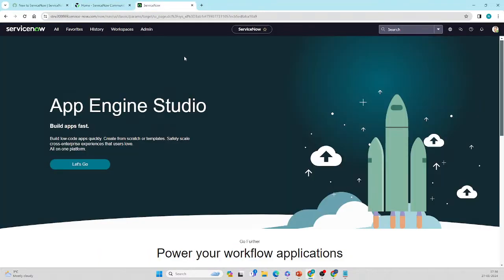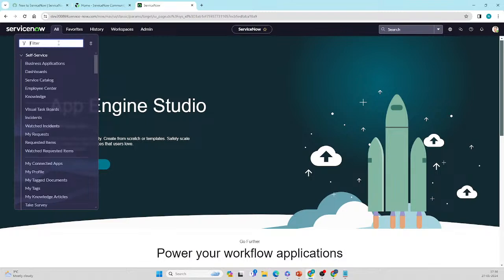Okay, so now let's go to this thing. Someone has asked about the major incident management process: how to set it up, what major incident management is, and why we use it. If you go to the left navigation panel,